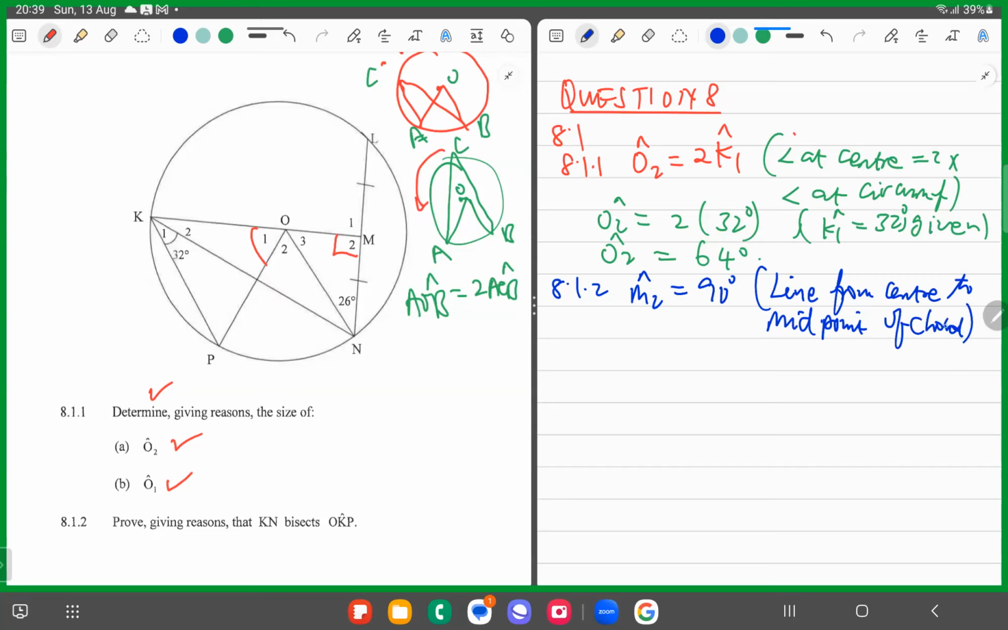Line from center to midpoint of chord. This line is from the center to the midpoint of the chord, and therefore it is perpendicular to the chord. Midpoint, because these are equal. So that's why M2 is actually equal to 90 degrees. So we proceed to find